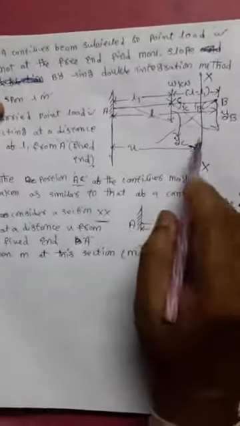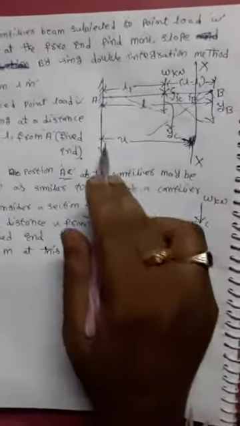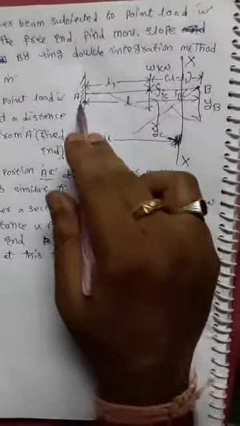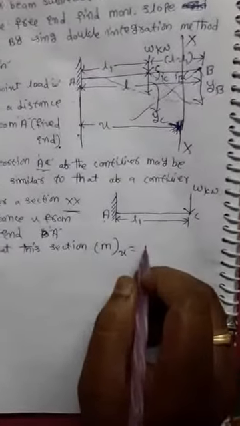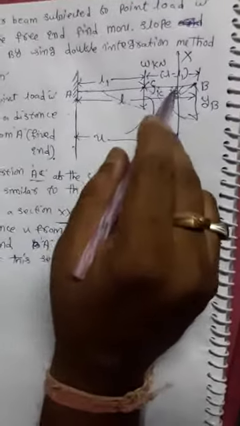From A to x dash x, the bending moment acts as only one load. There is a fixed end, but it acts as a downward deflection. There is only one load, and the point load moment formula is force into distance. But here there is no load, no load, and no load. Only one point load is at end C. But I want a moment from C to x dash x.